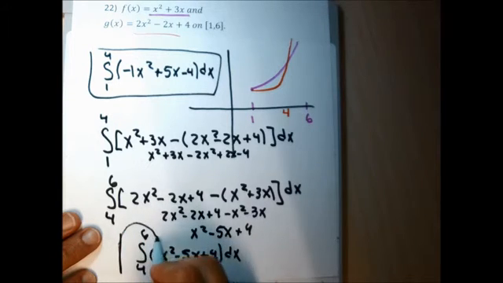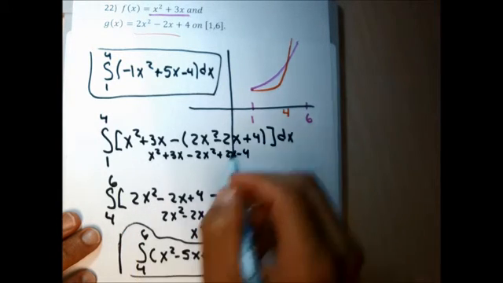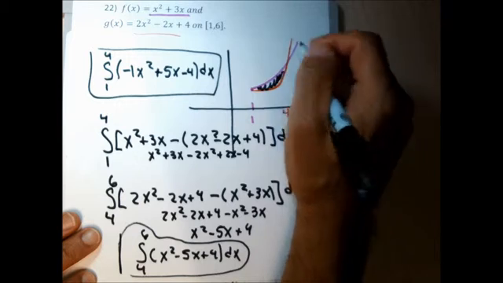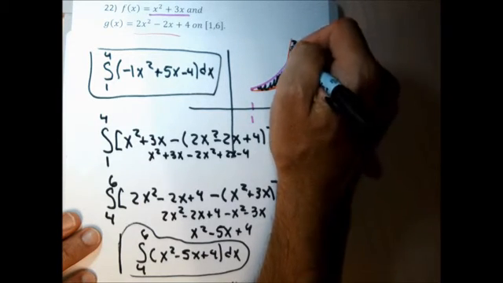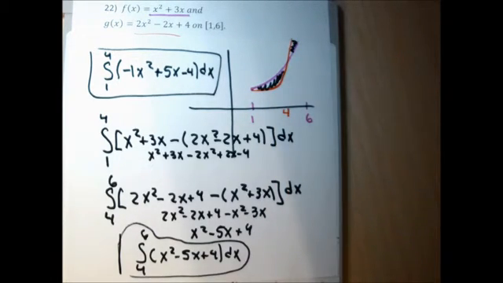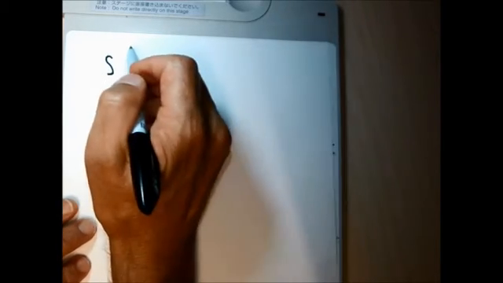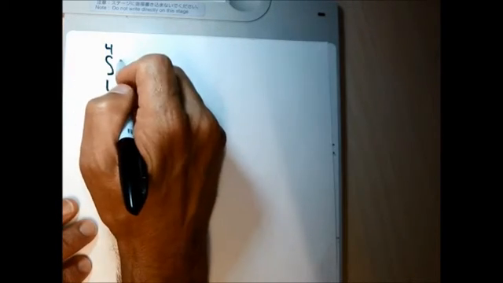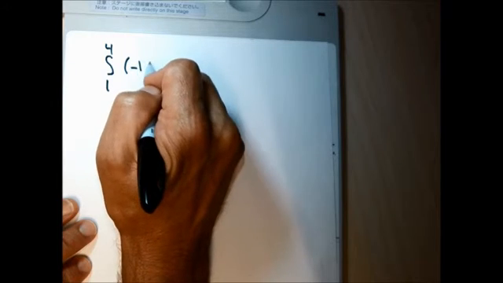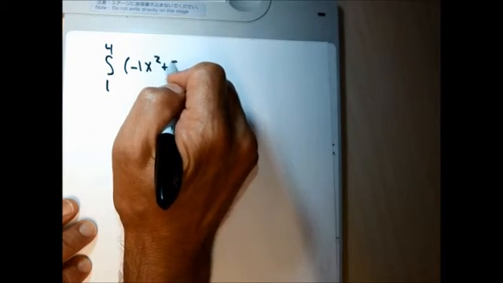So these are the two functions I'm going to integrate. The top one represents that area, the bottom one represents that area. I'm going to do them each on a separate sheet of paper and then add the two results together. So the first one I'm going to handle is the integral from 1 to 4 of negative 1x squared plus